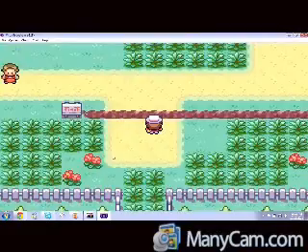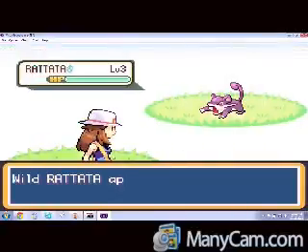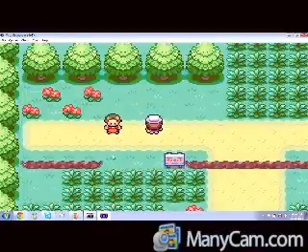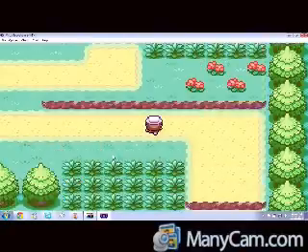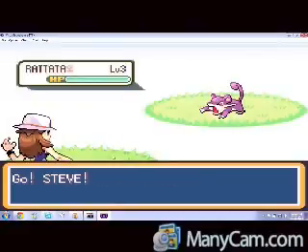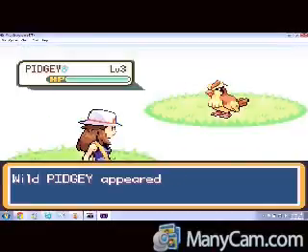Now you can go through this tall grass, and you will run into wild Pokemon very quickly. Or Pokemon. I don't know why. But you can run away from wild ones. And this is the man that you will see at the Pokemart. He will be the cashier. I'm just going to run away from all of these wild Pokemon until I get to the